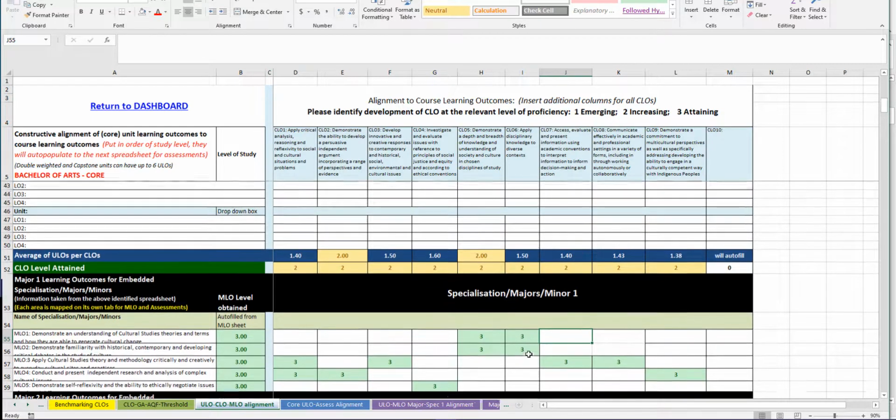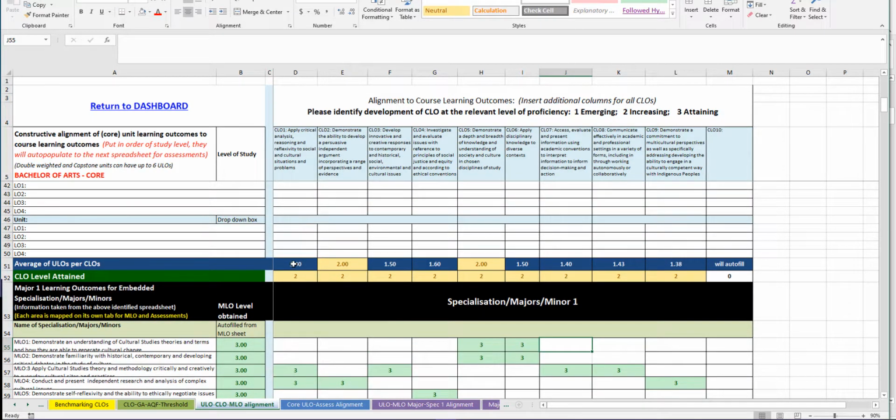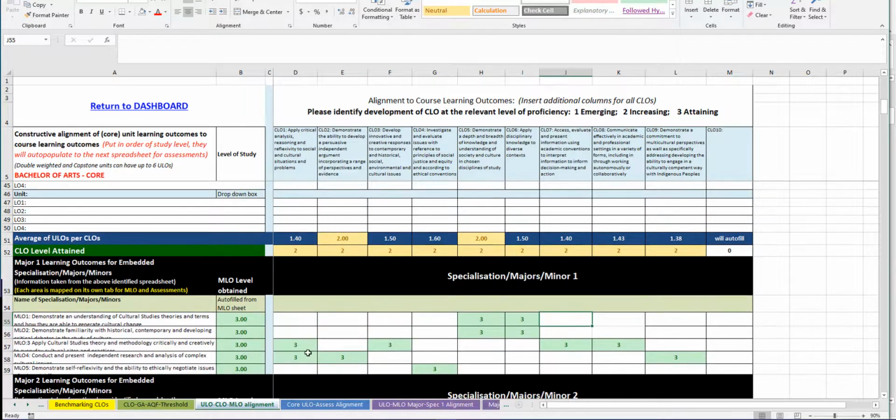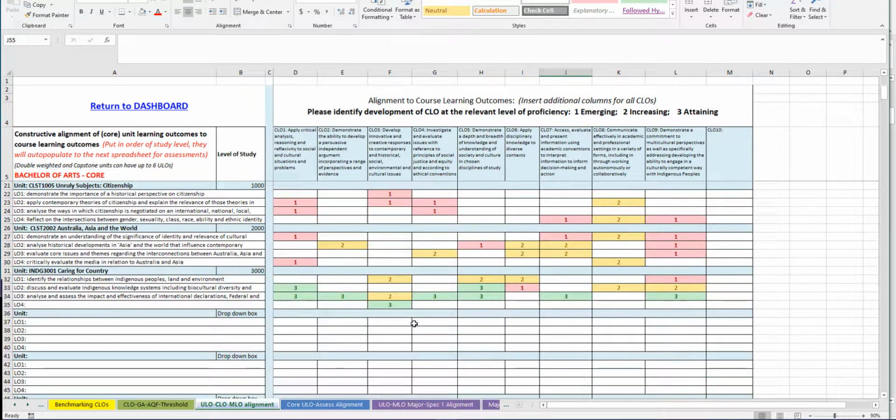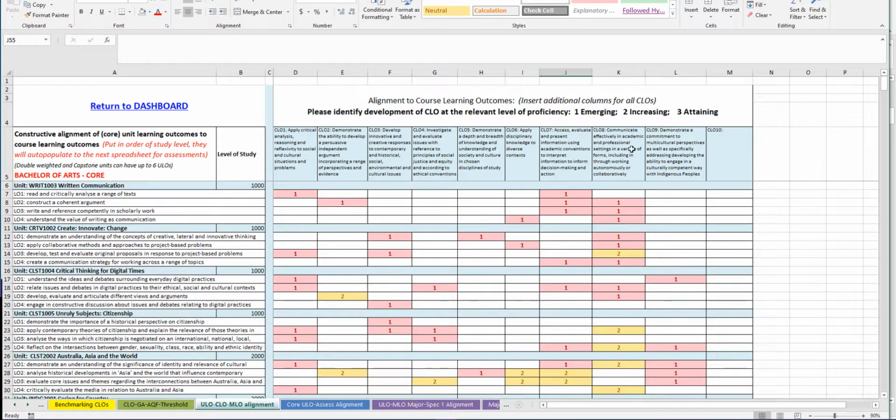And so then when I look through these, I had some that didn't have 3s, and I can see that my major learning outcomes now cover those. And so I have provided 1s, 2s, and 3s for all of my course learning outcomes between my core units